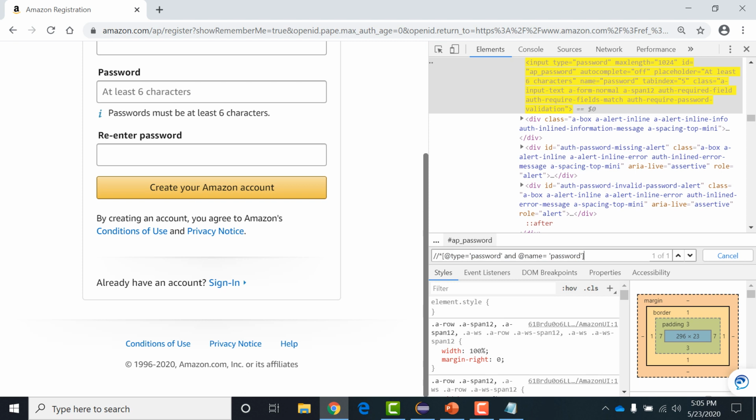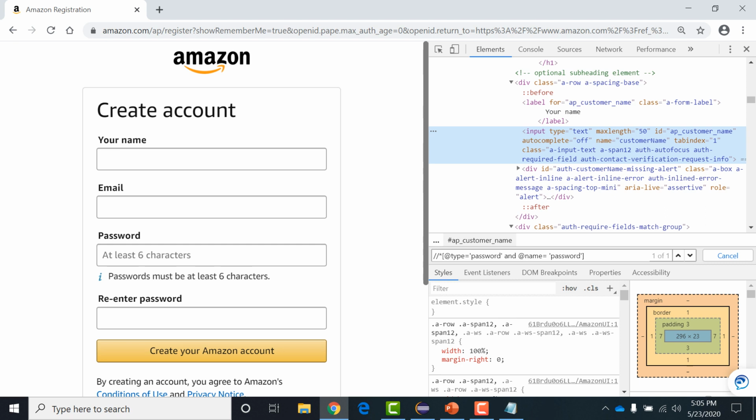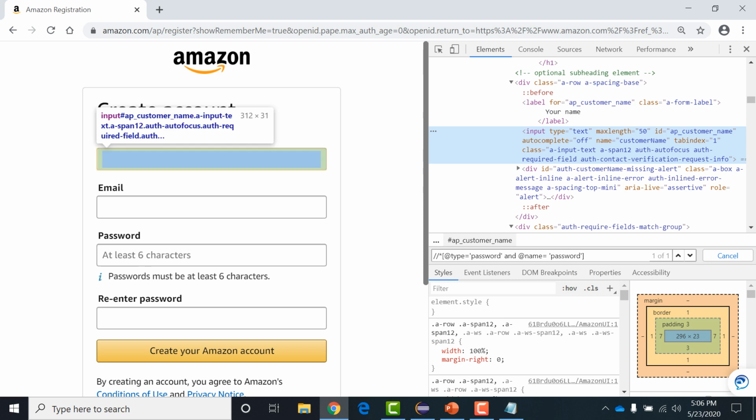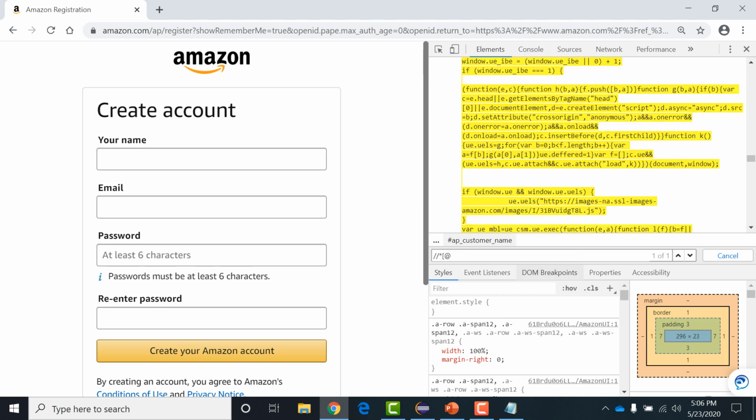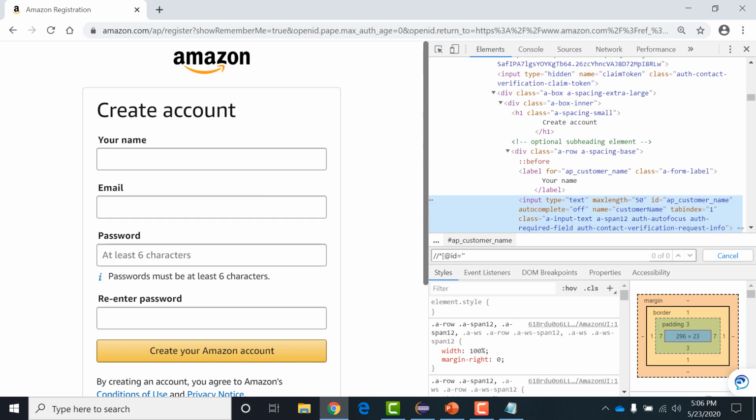Now we have one more expression, that is OR. So how to define? Suppose you're not sure about your XPath. Suppose this is your name. The XPath of your name is this, ID and name. But sometimes you're not sure whether I should select by ID or by name. So what you can do, you can define both the things. If it finds the first one, it will match, or if not found, then it will go for the second one. How? Simple, right? ID is equal to, what is the ID over here?